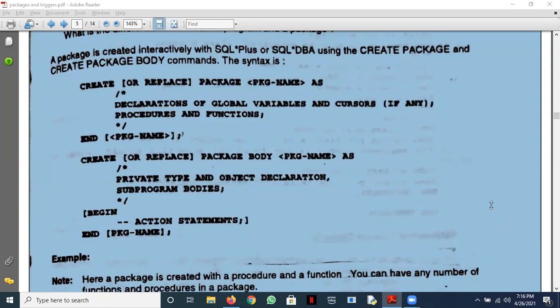So you can combine your cursors, your procedures, your functions into a single unit, similar to a structure, I would say. Similar to a structure. Remember this thing, or a class maybe, right? Okay, fine. Yes, sir. So we were just looking at this